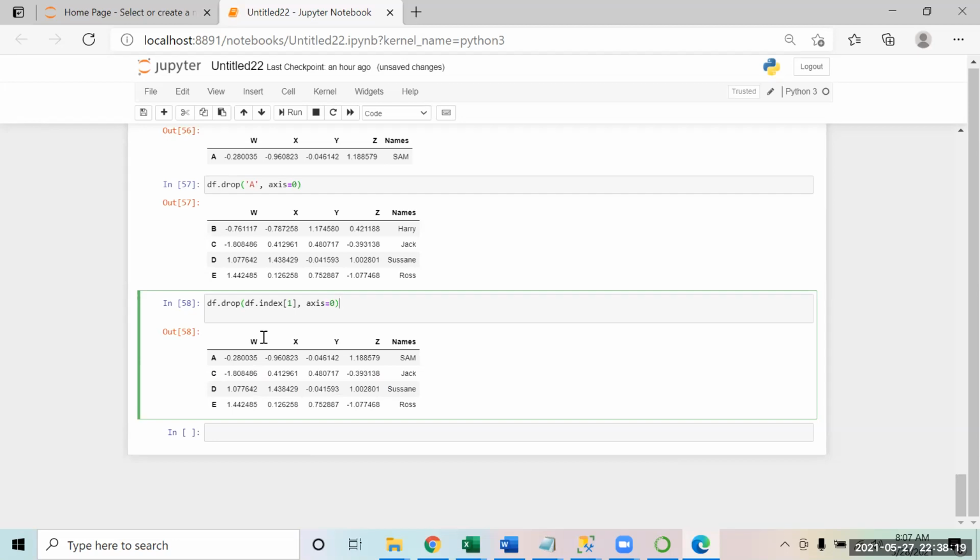Okay, you guys already have that file with you, the UK bank customers. I guess you all have that UK bank customers.